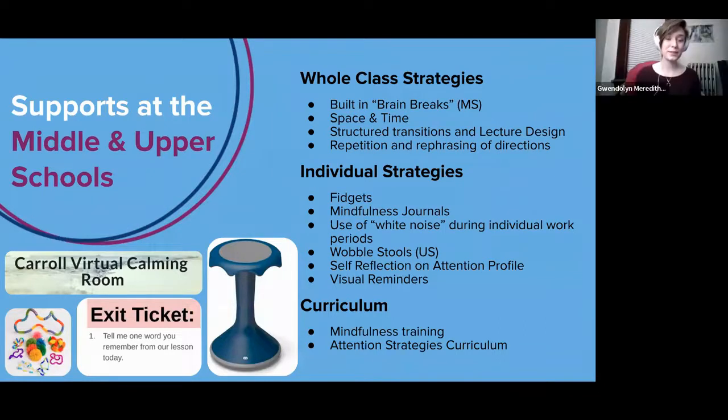So in the middle school, we use all of those same strategies and structures, but then we do just make it middle school appropriate at that level. So all of our classes use whole class strategies, like the same built-in brain breaks throughout our curriculum that is multi-sensory, so students can be processing in multiple different sensory ways. We have space and time sections in our classrooms, which is a part of the Responsive Classroom curriculum that is very appropriate for middle schoolers because it's really trying to teach them independence with self-regulation, meaning the ability to help them calm down and refocus their attention when they're feeling distracted.